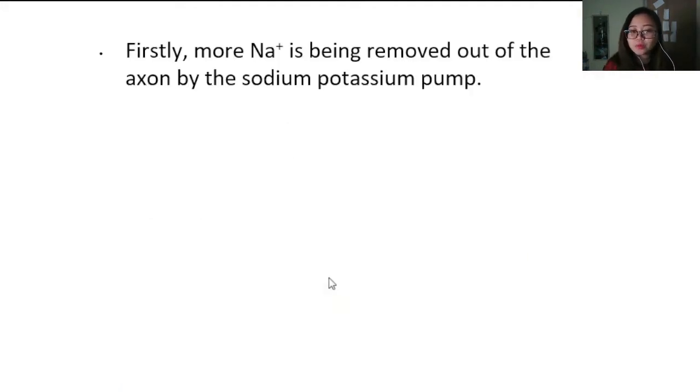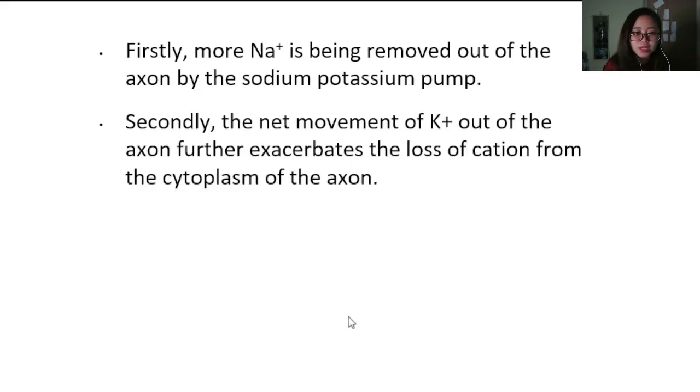Firstly, more sodium ions is being removed out of the axon by sodium-potassium pump. As you know, sodium-potassium pump is active transport. It's going to force a lot of sodium ions out. And secondly, the net movement of potassium ions out of the axon further exacerbates the loss of cations from the